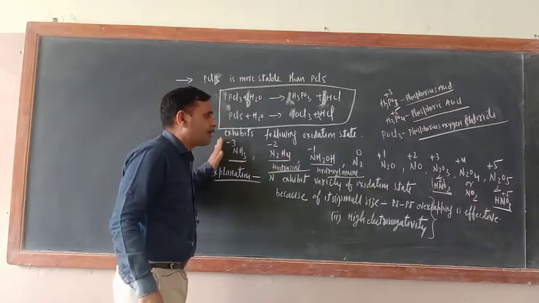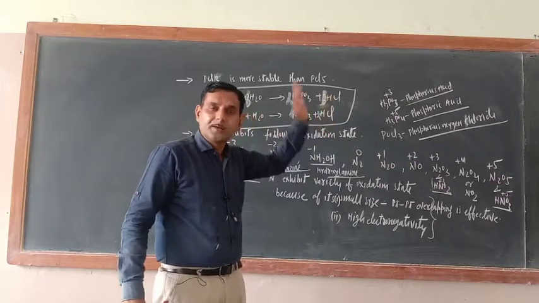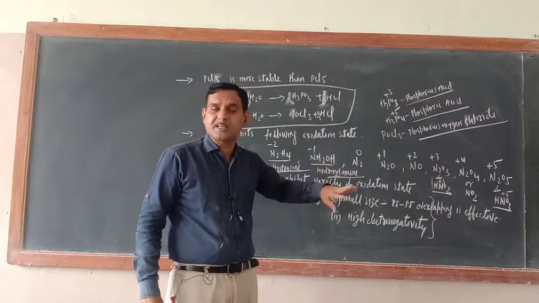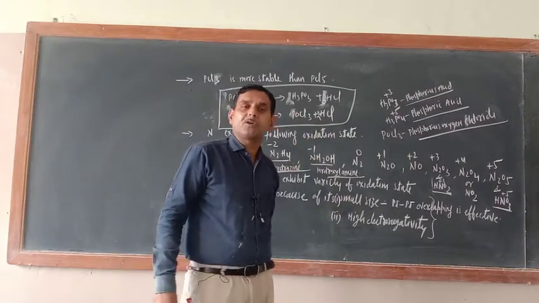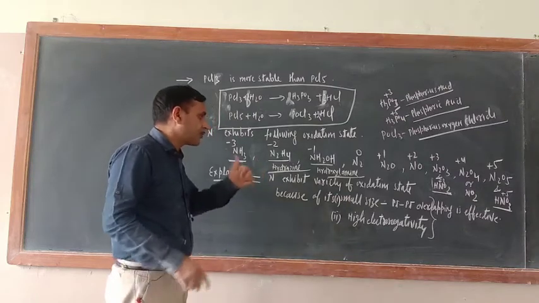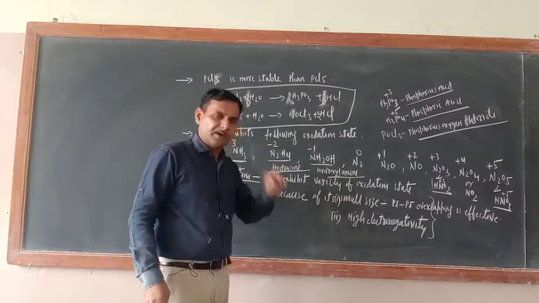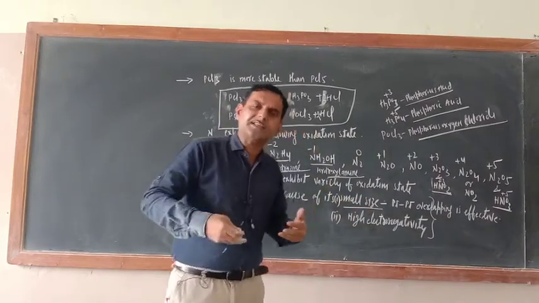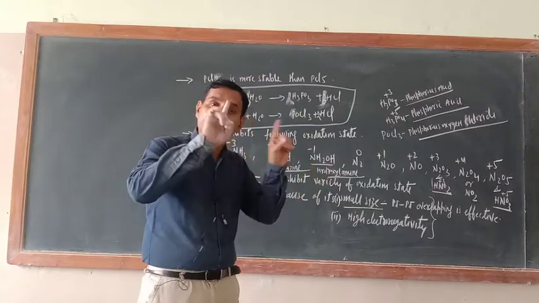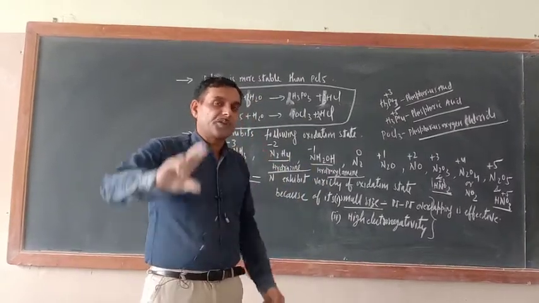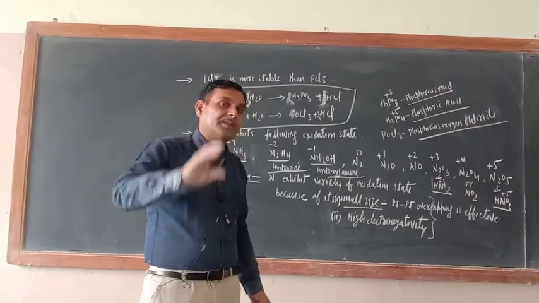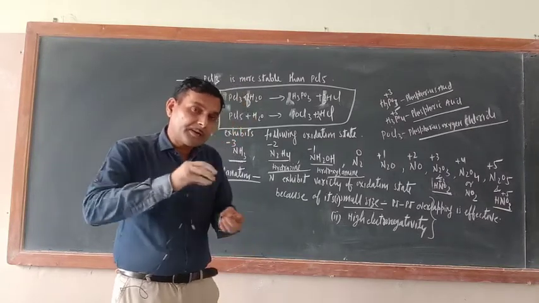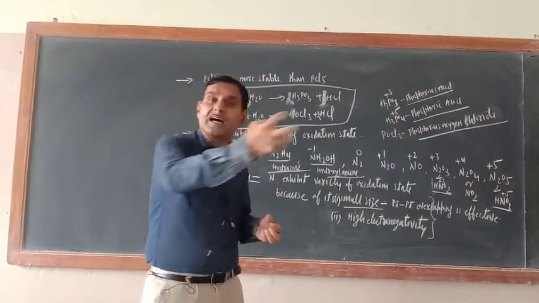So our basic question is, why does nitrogen exhibit a wide variety of oxidation states? Means starting from -3 to +5, okay. -3, -2, -1, 0, +1, +2, +3, +4, +5. So this wide variety is possible due to the following 2 reasons. Number 1, nitrogen size is small. So how is the small size of nitrogen helping it exhibit the variety of oxidation states? Always remember, if the size of nitrogen is small, then what will it do? It will overlap effectively with other atoms.